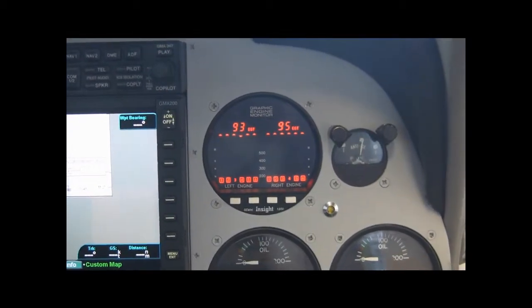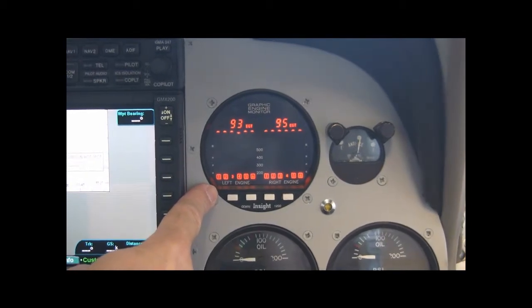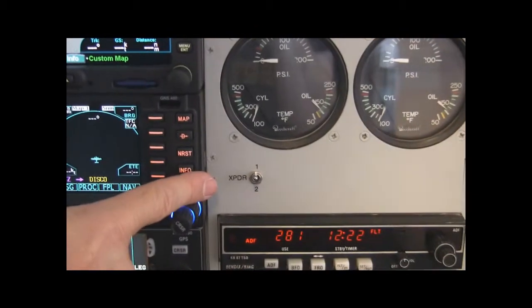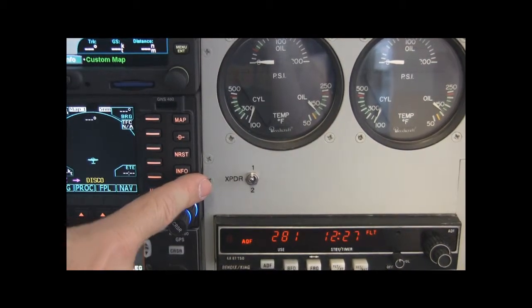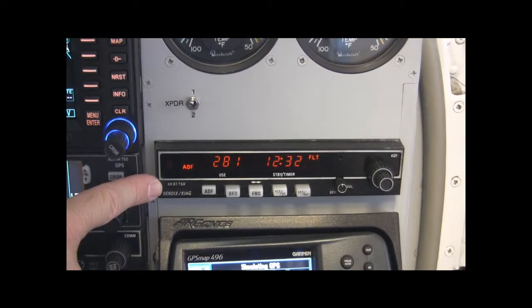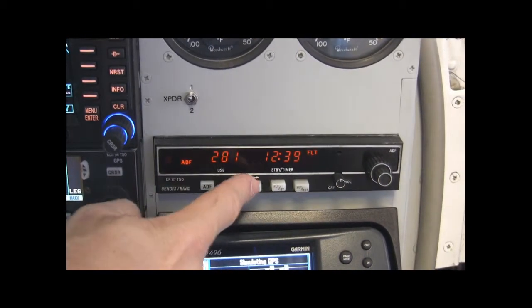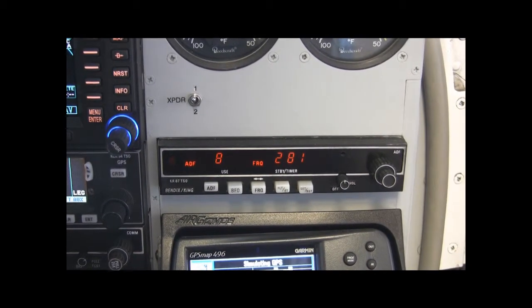To the right of the radio stack, we have an Insight graphic engine monitor, the 1200, that monitors all of your cylinders. Below this you have your engine estimates, and then you have a switch for your transponder to switch from transponder 1 to transponder 2. Below the switch is your ADF. You have a King Carrier 87 ADF, which also is displayed on your RMI that I showed you earlier, and this has